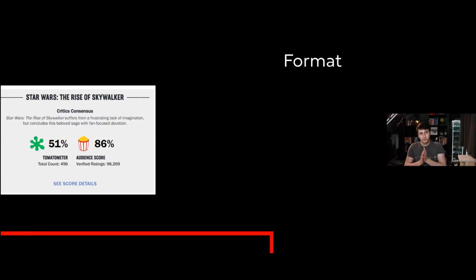But okay, that's kind of like the how. I think we got, like probably 10, 15 minutes. So that's the what and the how. And now I kind of want to go back a little bit to the what, but incorporate a bit of the how as well and talk about format.